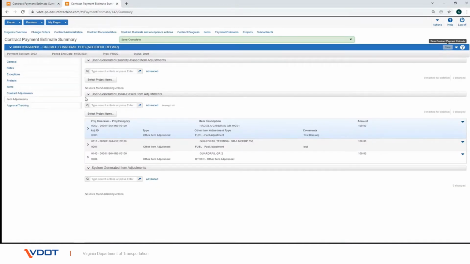There is only one type of user-generated dollar-based item adjustment that VDOT will be using, other item adjustment, and you can create as many per item as you need. Enter the specific amount of the adjustment on the item. This is a permanent adjustment that the system will never attempt to reverse in any way, and they only affect